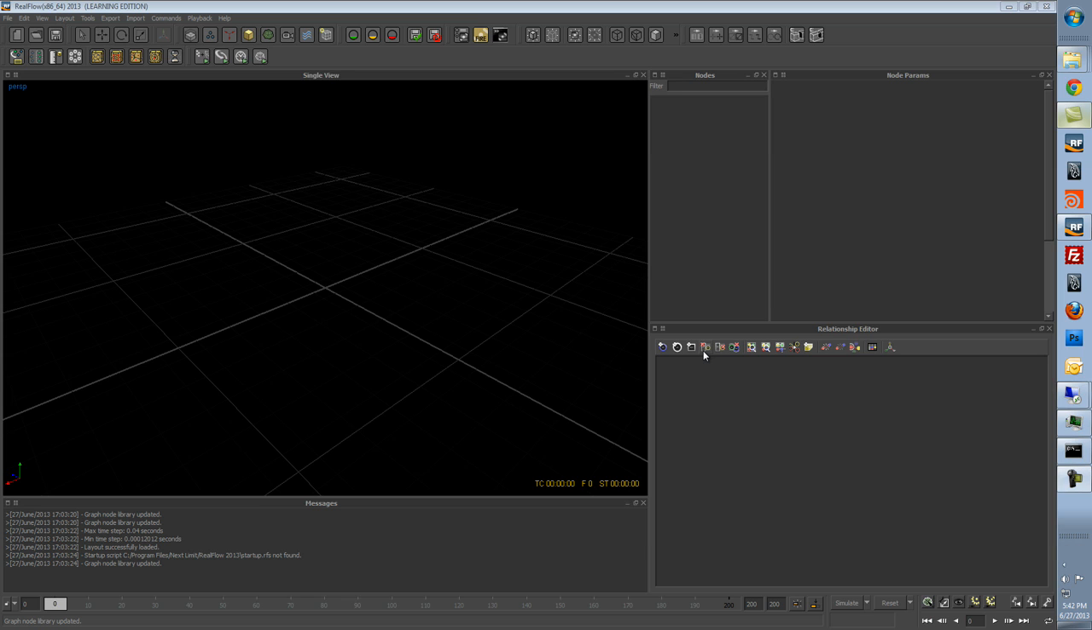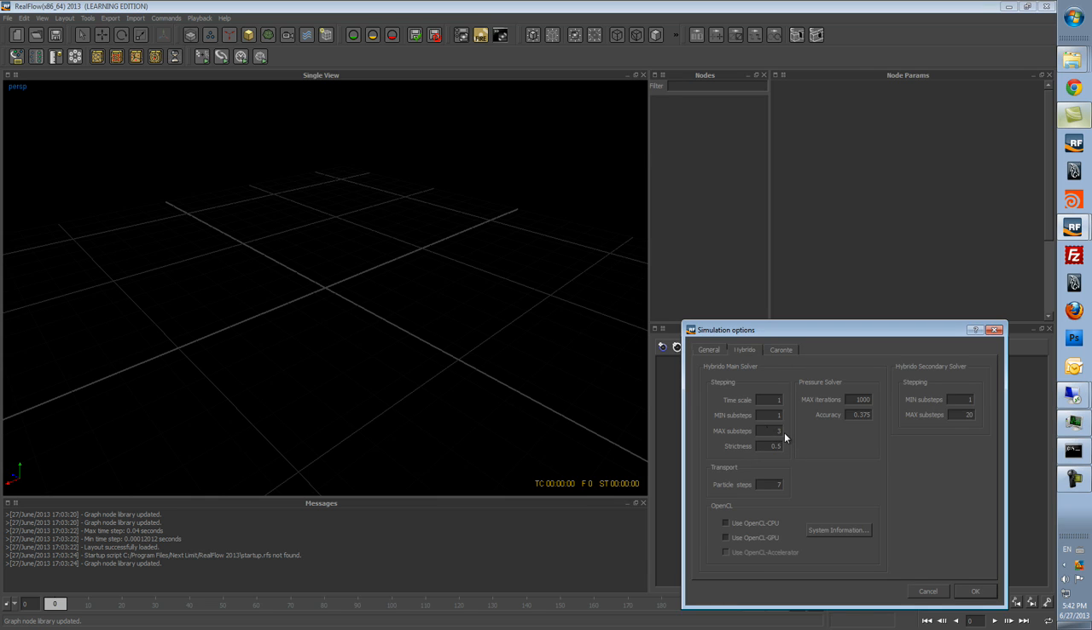In this video tutorial, we're going to try and show you quickly the basics of the new Hybrido 2 solver that we have put in place in RealFlow 2013. Basically, what we have done is to speed it up massively by replacing the base solver. Now it's a FLIP solver, so if we look here in the simulation options, we can run as low as